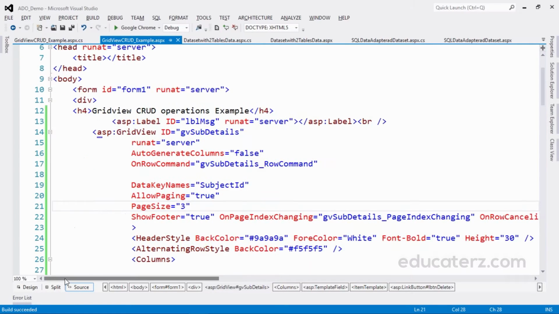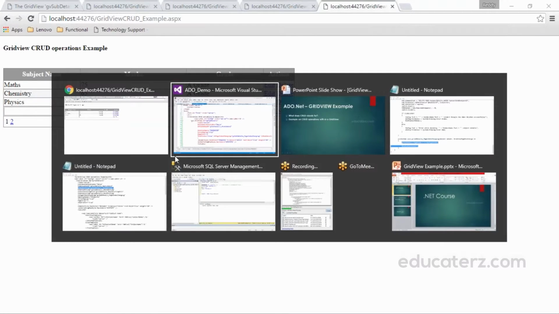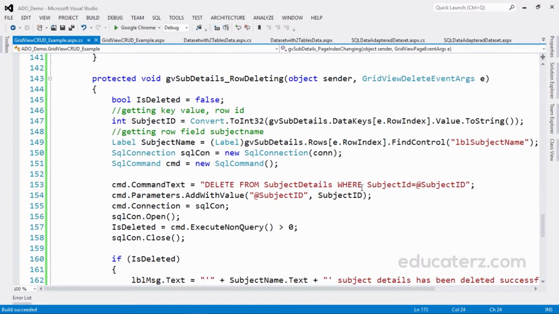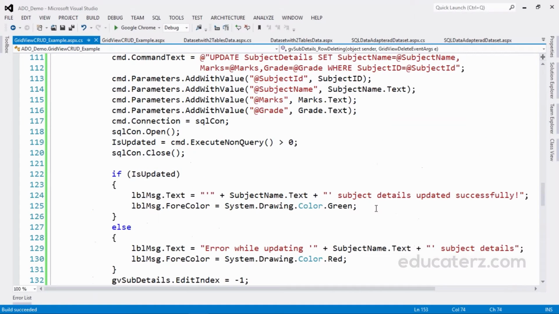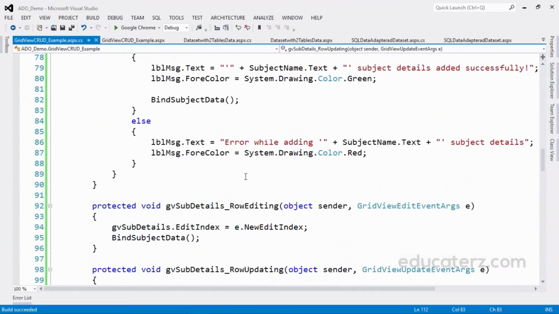Hope you understand this. The main important thing is DataKeyNames here. Somewhere else, DataKeyNames here. Yeah, this one, subject ID. With this only we are successfully doing updates and deletions, because whenever the user clicks on a particular row, we take that particular row's subject ID, then we do updates on that with a where condition. If you see this, in delete you can see the where condition subject ID, and in update also we are taking this subject ID. Otherwise all the rows will get deleted. Hope you understand this. Thank you for watching it.